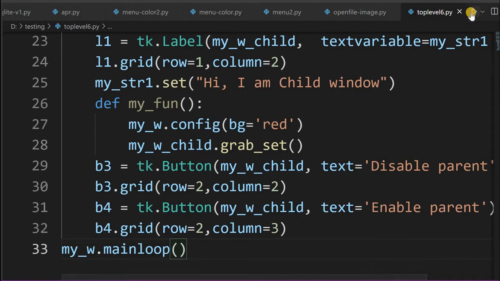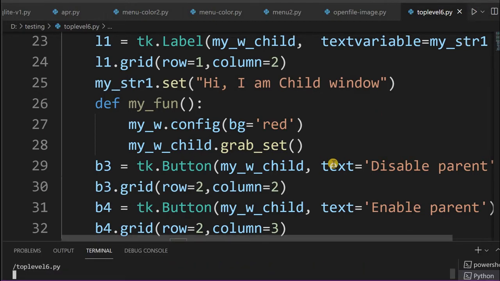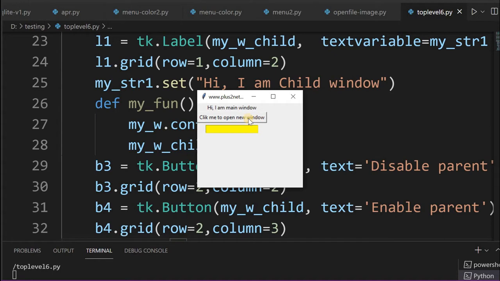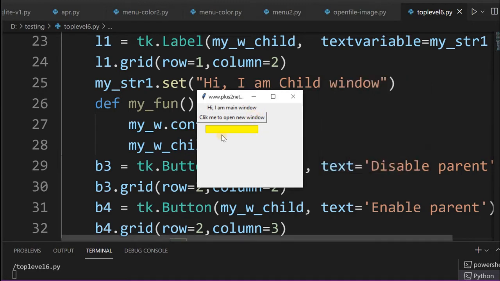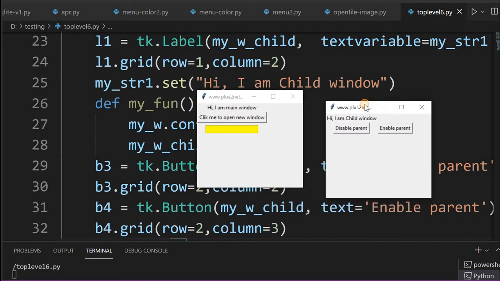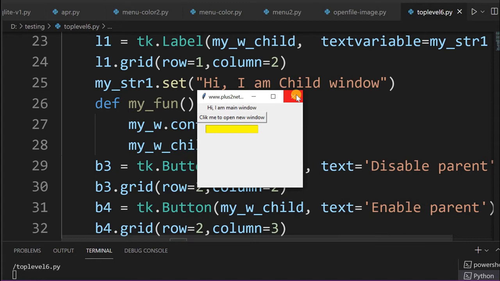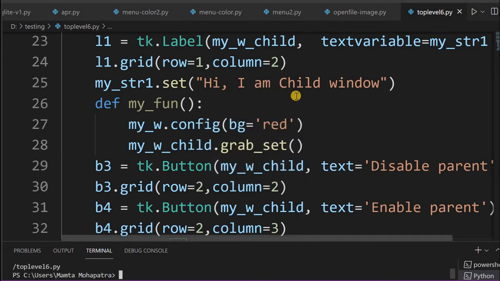We'll just run it and see how this works. You can watch our part 1 and part 2 also. See, this is the parent window. There is no functionality. I am just clicking this, then my child window opens up. So I have not put any functionality to these buttons. We'll add that. Now I can close this, again open the child window. Okay, so now I can close this. You can watch our parts 1 and 2 to understand all this opening. This entire source code you can also download.